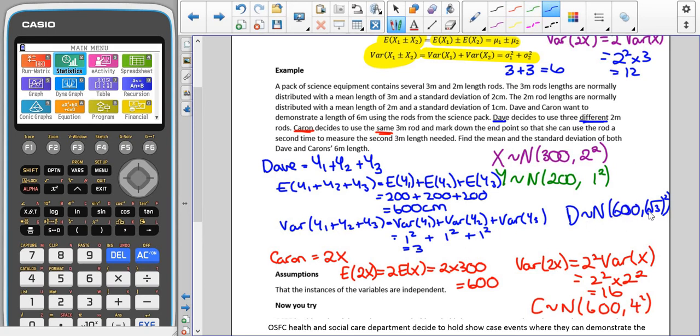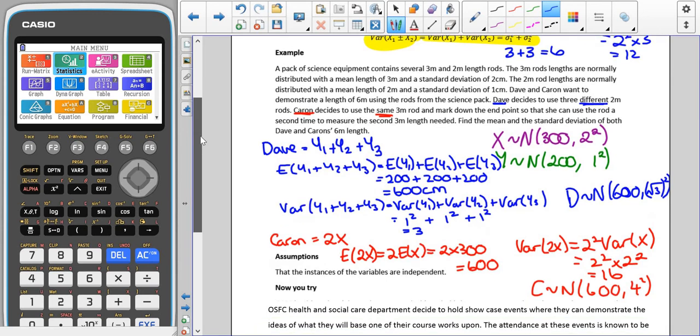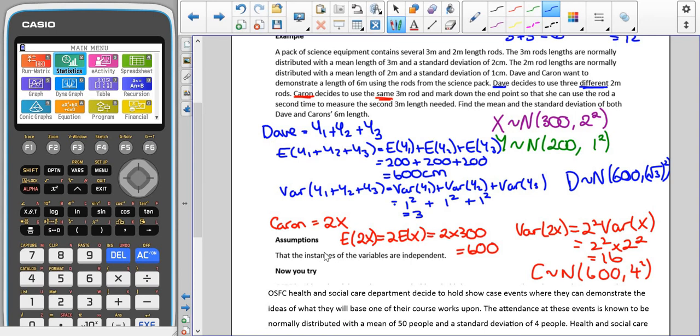So you can see here that we have a big difference. The means are the same, but the variance, and the way that we have calculated the variance, is different. And there is an assumption here. So the assumption is that these